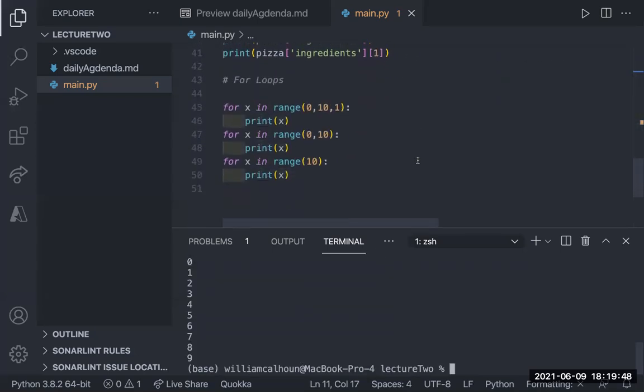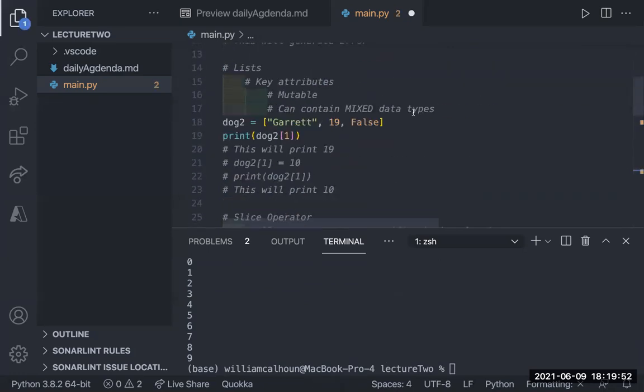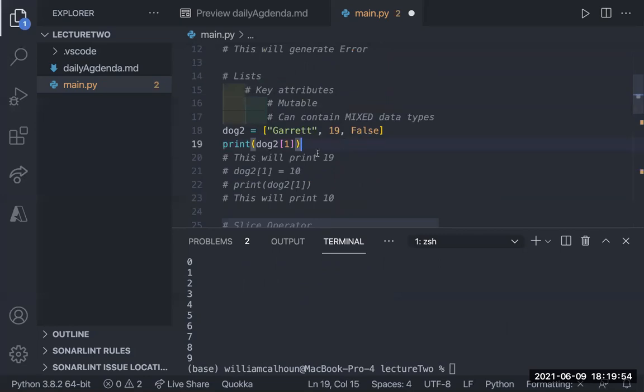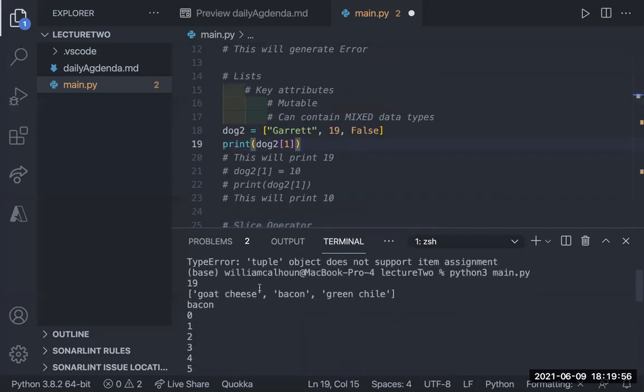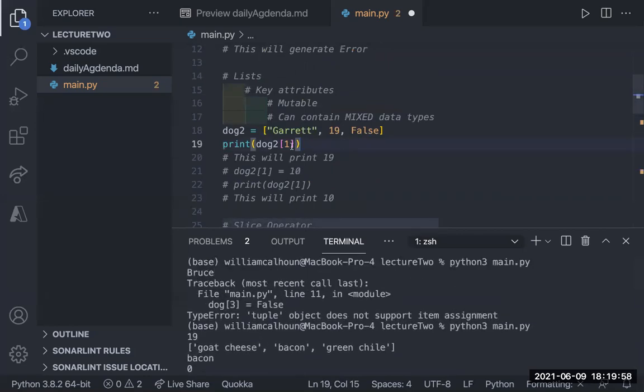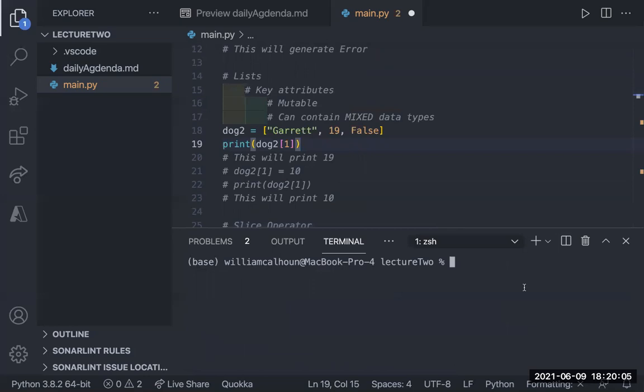Okay, I was messing around with some code earlier.